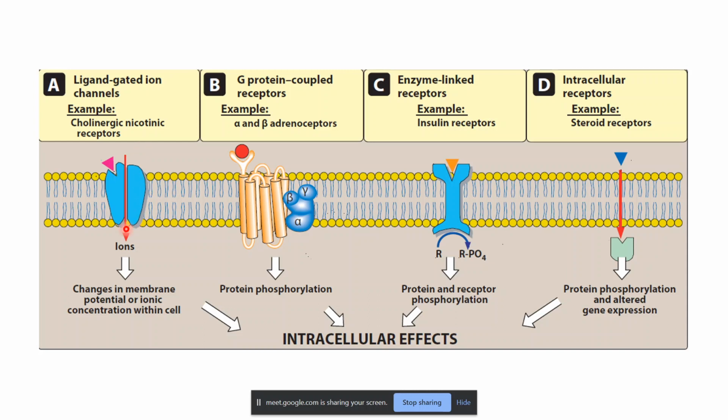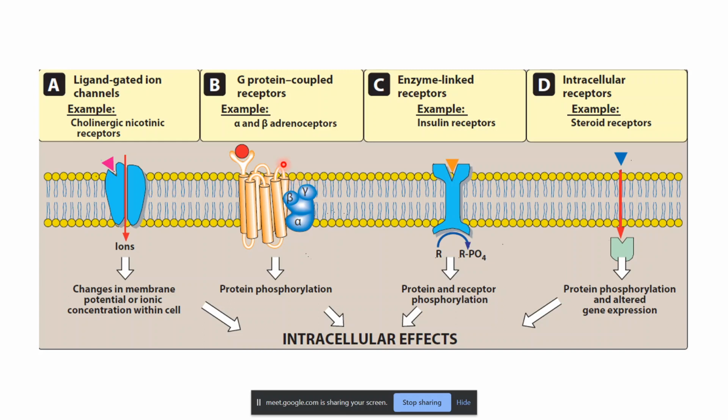So when this receptor is open, the sodium ions will pass freely from the outside of the cell to inside the cell by the concentration gradient, because there is more sodium outside the cell than inside. And this is actually acetylcholine that is connecting with the ligand-gated ion channel. The second type of receptor is the G-protein coupled receptor, and